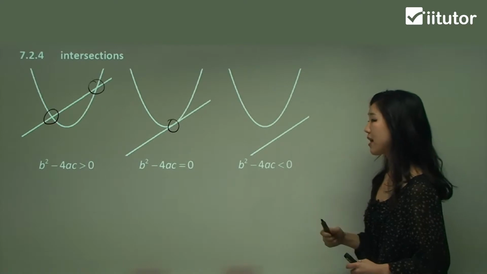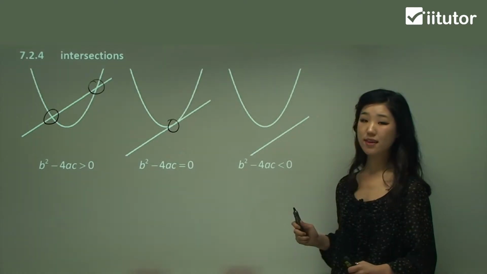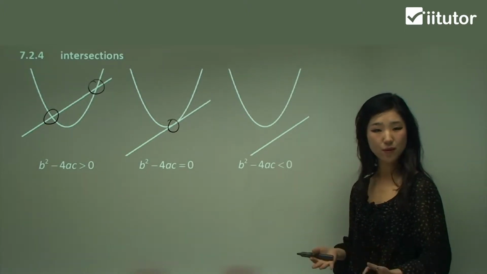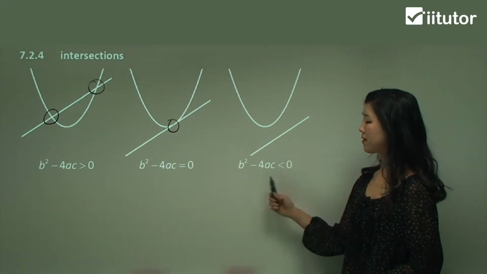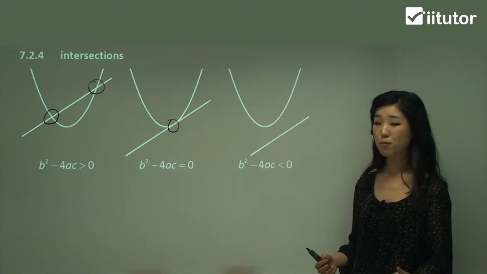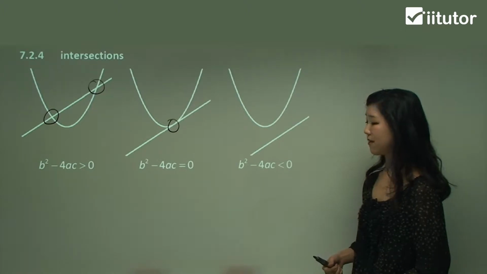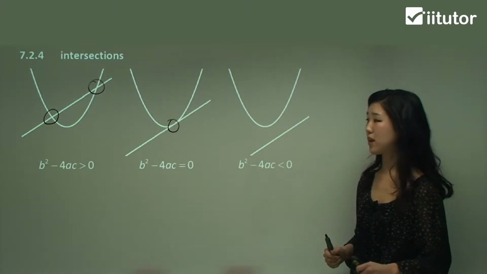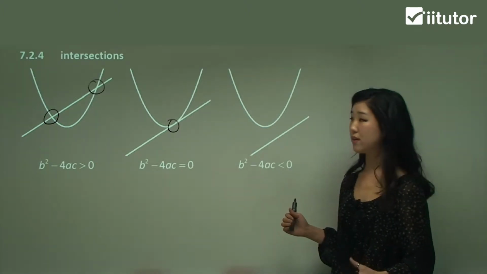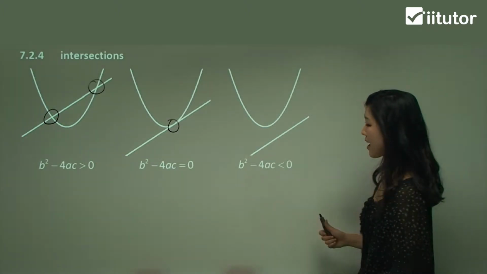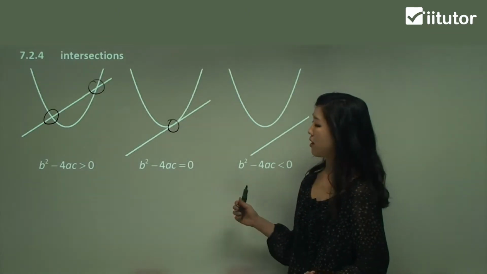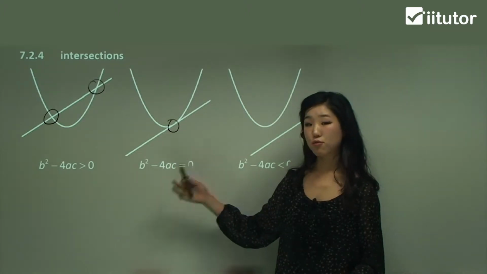Okay, same applies for intersections. If there's no intersections, if they're far apart from each other, they don't touch each other at all. Same applies for this one. B squared minus 4ac must be less than 0 as well. Okay, like those positive and negative definites. Okay, so I hope that kind of makes a link between everything else, okay? So it's nothing completely new, they're all linked with each other, like what we did in the previous sections as well. Okay, so please remember these three cases, b squared minus 4ac must be greater than 0